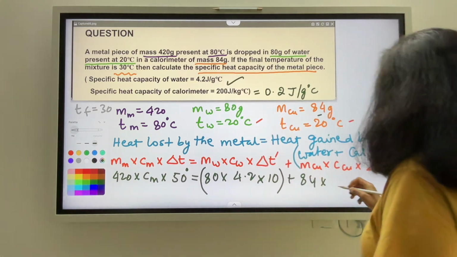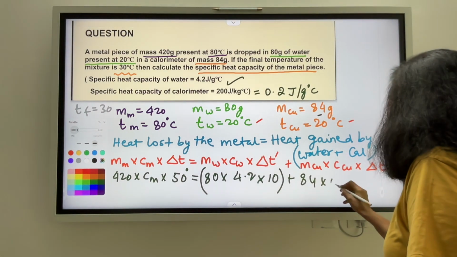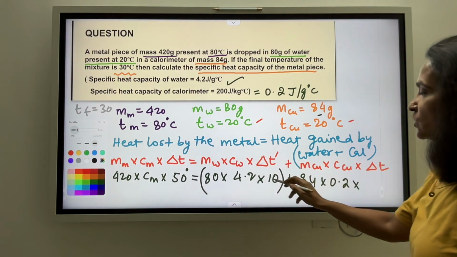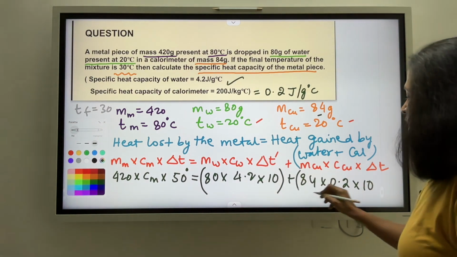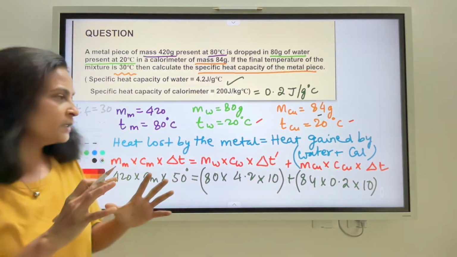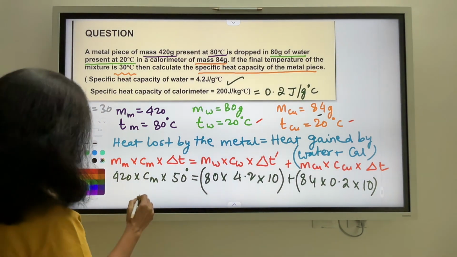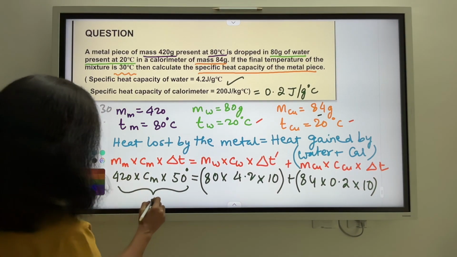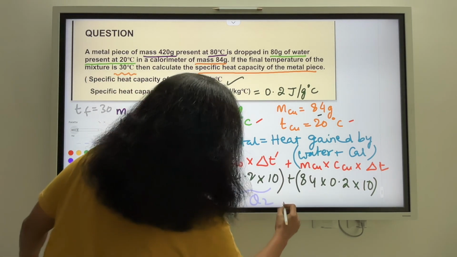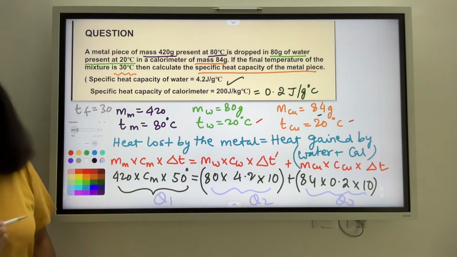So we have to change it: it becomes 0.2 joule per gram degree centigrade. We had taken this in grams, everything else is in gram, so we'll also change this to gram. This was a very important part of the question. Into the temperature change, again 10 degrees centigrade. Let's do one thing: to simplify this, let us give these heat values some notations. Let us call this Q1, let us call this Q2, let us call this Q3. Now let's calculate these Q1, Q2, Q3.